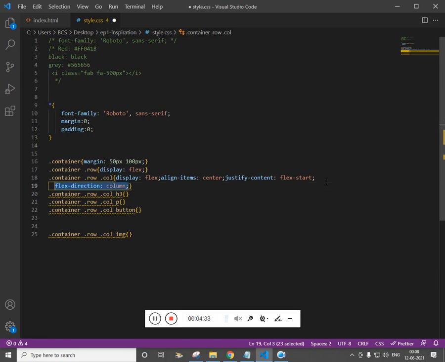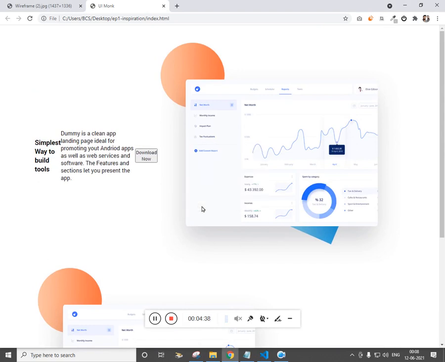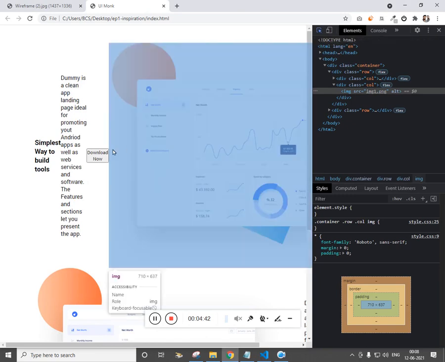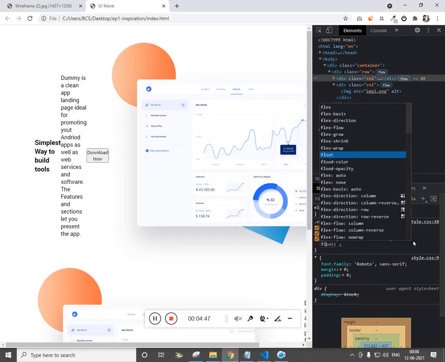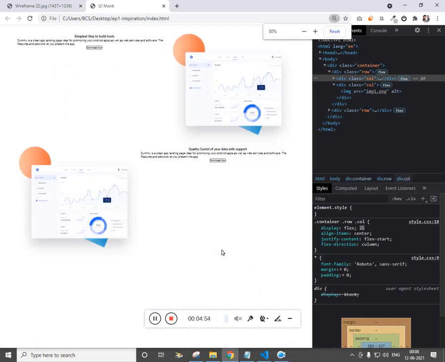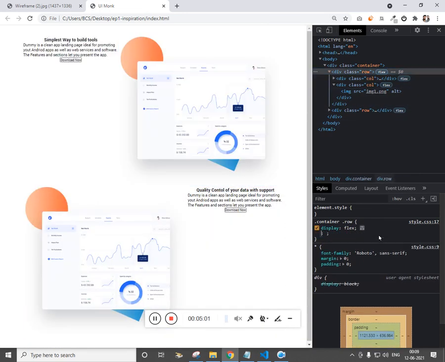If I remove flex direction, it is at the center. At the same time, I want the column to have flex direction column. So this time it's not working. Let's try to give a height of 100% to the container. Oh, that doesn't work.